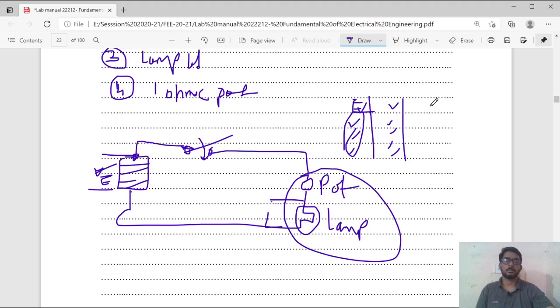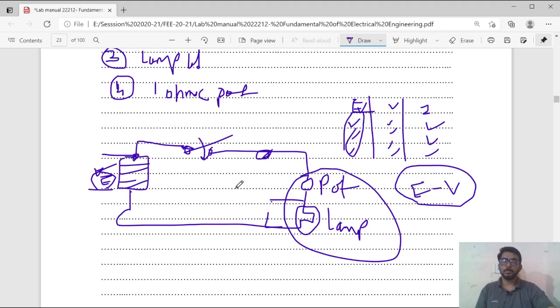Sometimes you can read the current also. How can you read the current? Use the multimeter in current mode and connect it in series with this part, and accordingly you can read the current. So, by using such a small practical, you can observe the EMF of the particular source. How can you observe the EMF, how can you see the drop? Let us take the difference between E and V. The difference between E and V indicates the drop in the voltage.